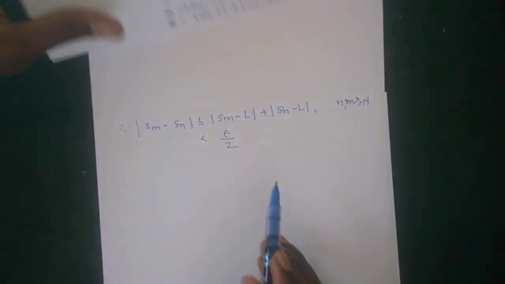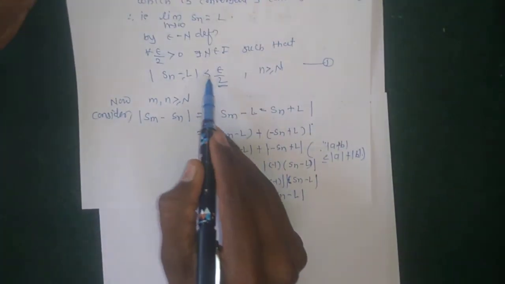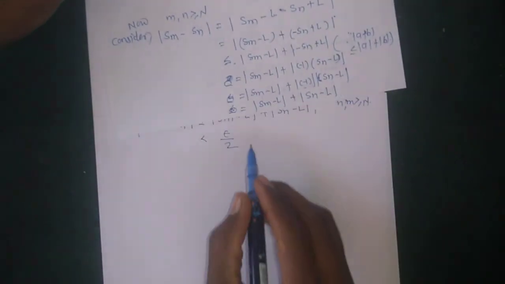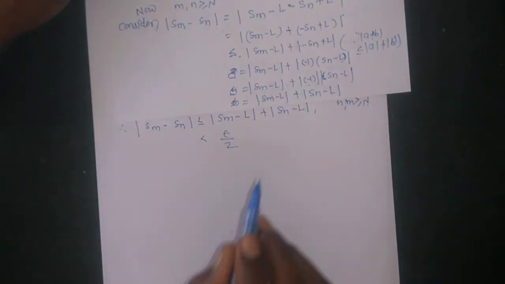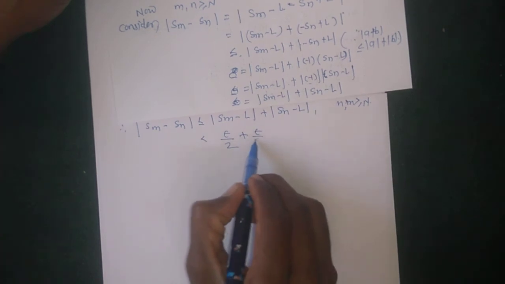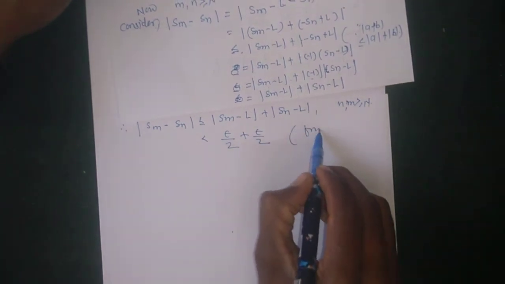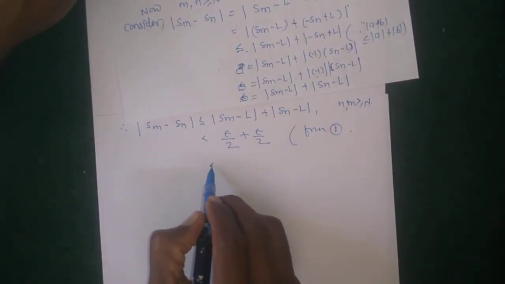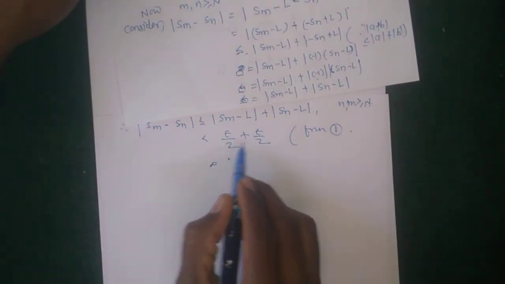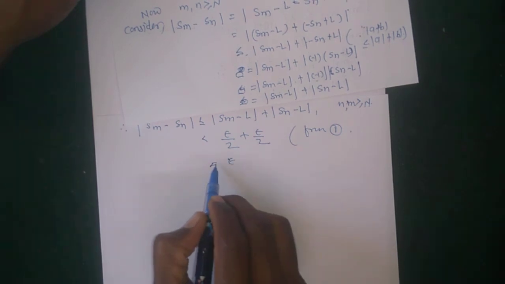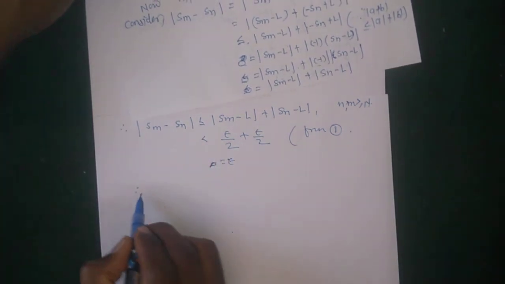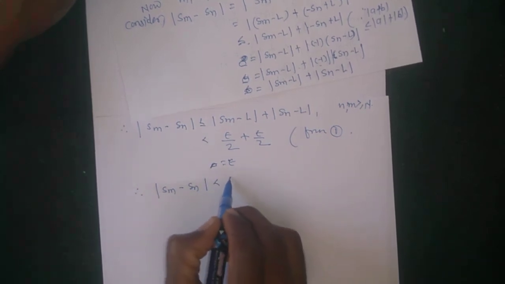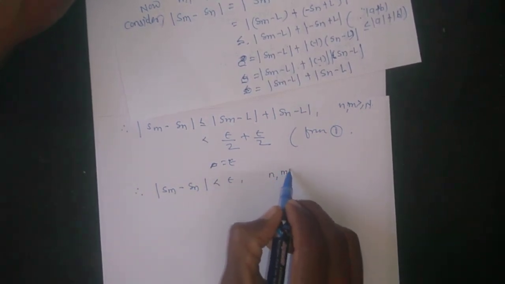From equation 1, Sn minus L is less than epsilon upon 2, and similarly Sm minus L is also strictly less than epsilon upon 2. Therefore the sum is epsilon upon 2 plus epsilon upon 2, which is equal to epsilon. Therefore mod Sm minus Sn is strictly less than epsilon whenever n and m are greater than or equal to N,